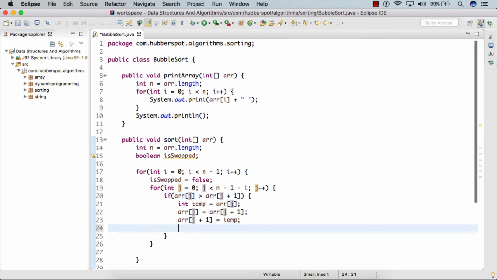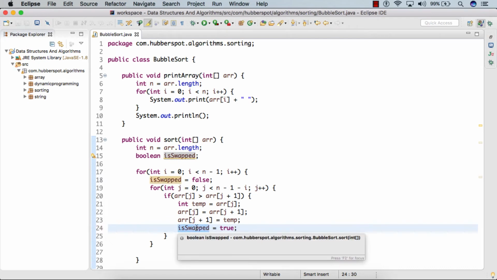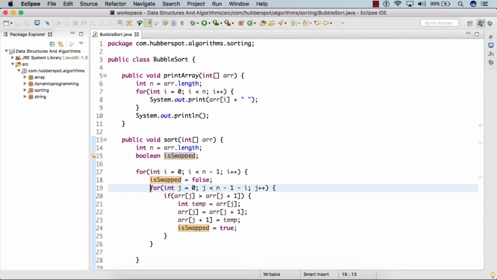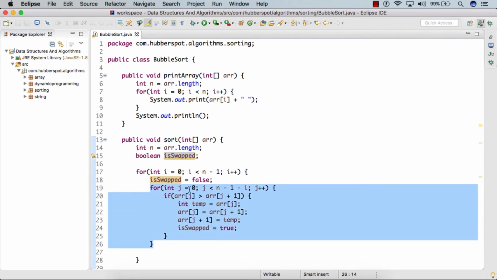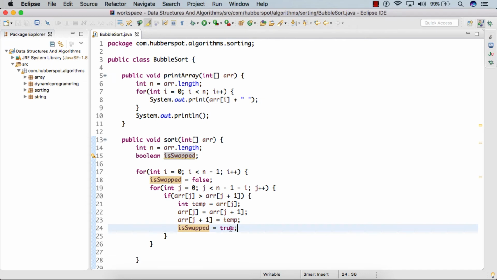After we perform the swap, we assign the value true to the swapped variable, to keep track that inside this for loop, when we compared the adjacent elements, we did perform a swap.